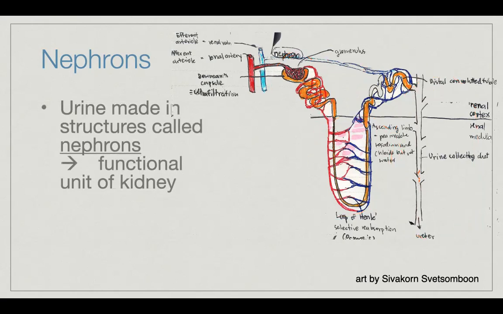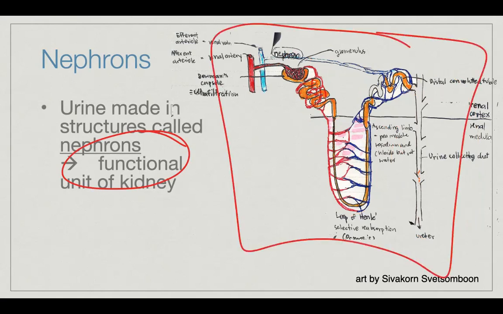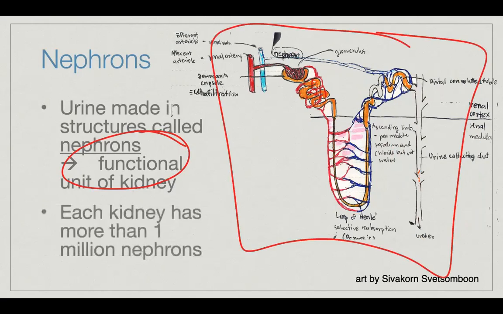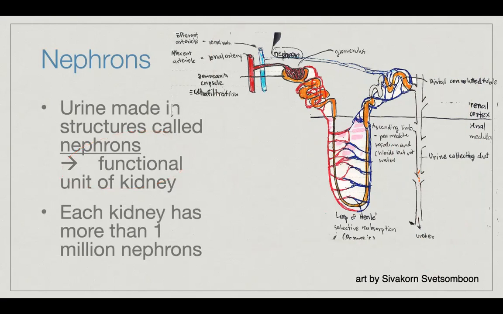Okay, so again, the functional unit of the kidney is a nephron. This whole thing, by the way, is a nephron. Each kidney has more than 1 million of these. All of these are going to dump, if I want to bring this back to the overall structure